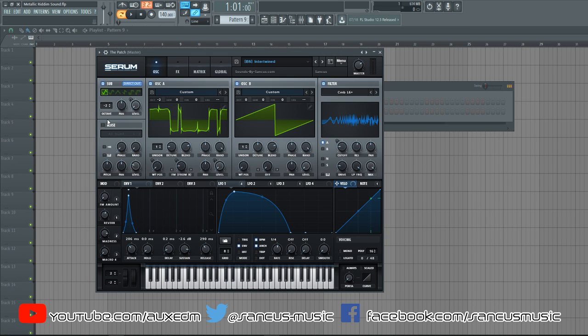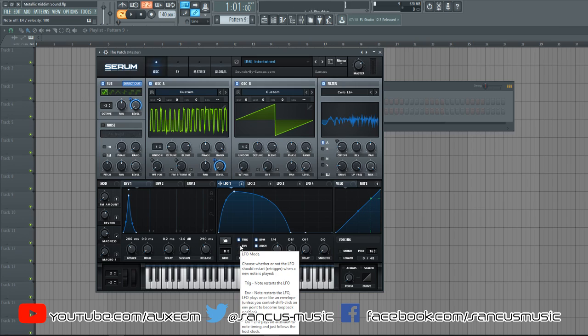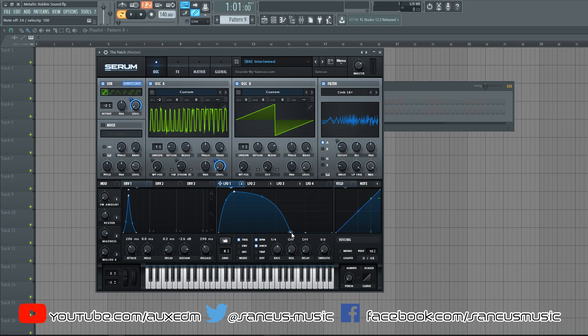And I basically used that together with the sub oscillator on a sine wave to give it the sub, 2 octaves down, and modulating the level here with LFO1. This is going to be the main volume automation modulation here. It's set to envelope, or you can set it to trigger if you want it to repeat. Personally, I like it on envelope, but of course we can set it to trigger 1/4 and just kind of ended it early to make it short and tight and snappy.